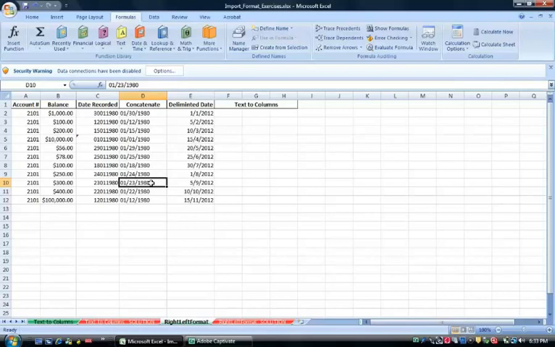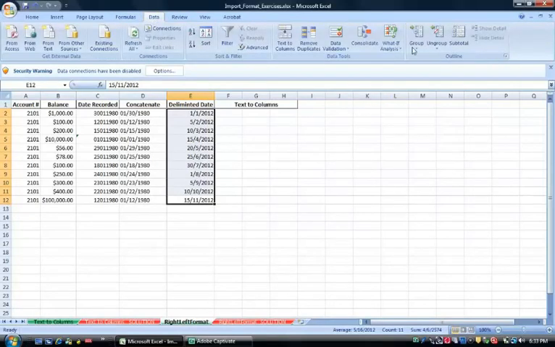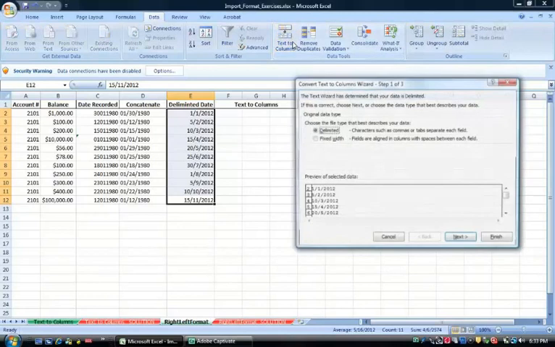Excel also has a functionality that allows you to separate out a column into a format which you find easier to work with. We're going to be using our delimited dates here. The dates are separated by a backslash, and we would like to separate these dates into a column for the day, month, and then year. First, we need to select the cells that we want to separate. So everything in this column. On the ribbon, we then select Data, then Text to Columns,